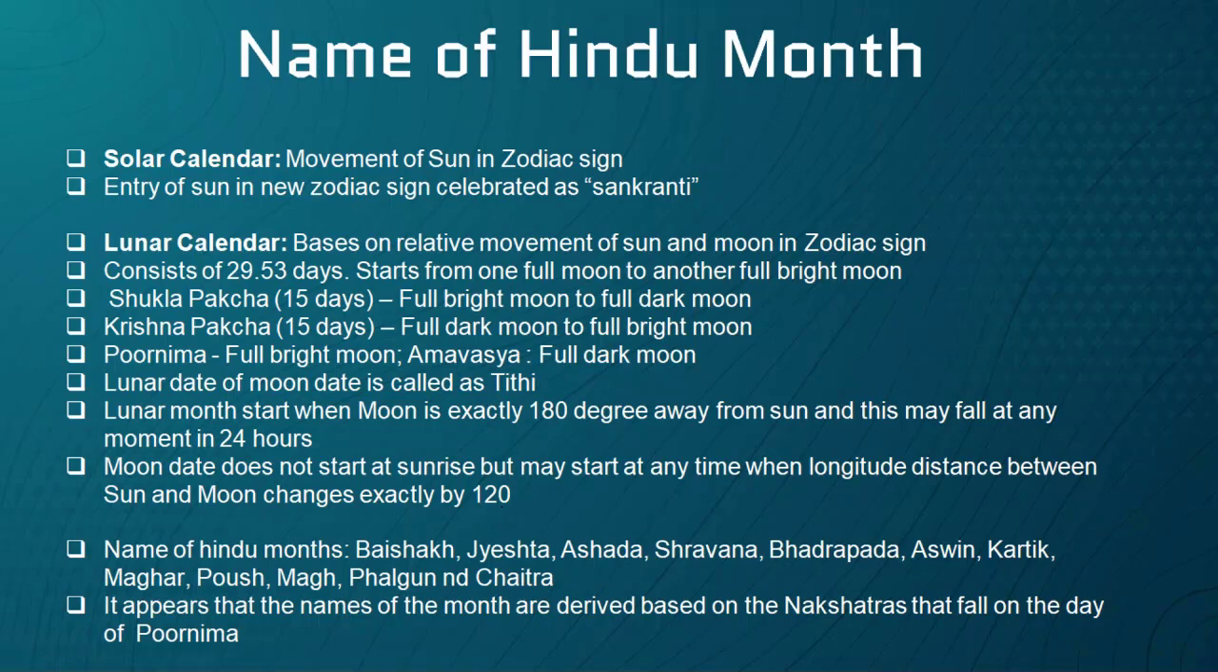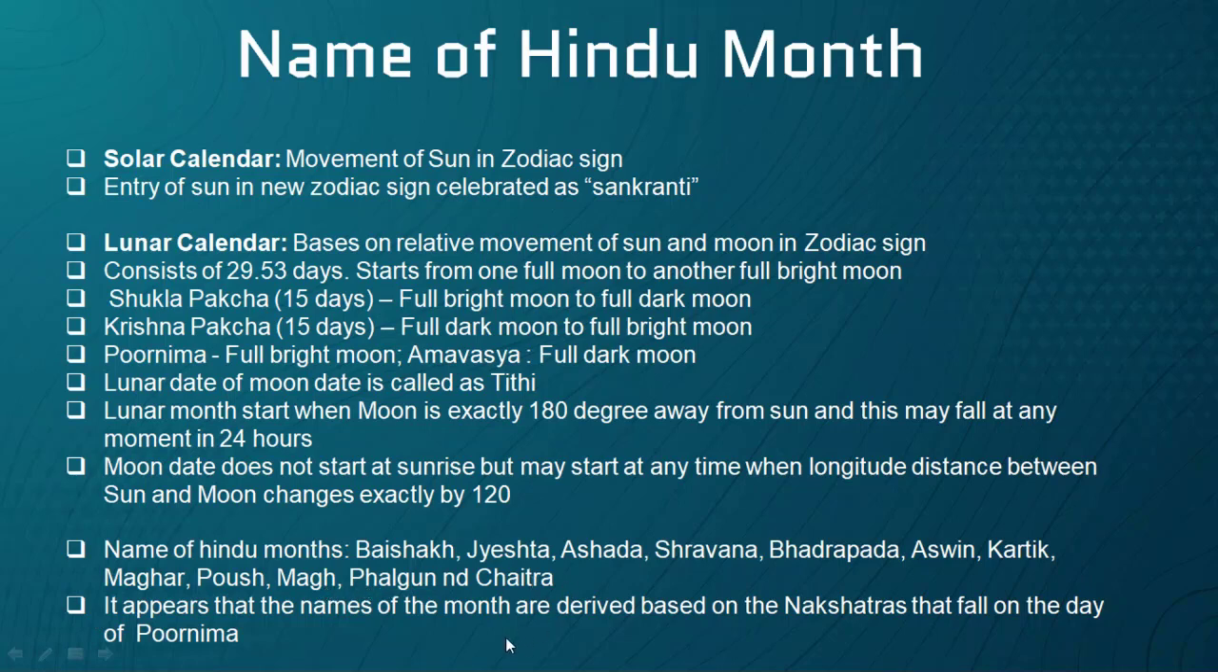Names of the Hindu months. Now you might know that in Hindu calendar we similarly have 12 months, but the names are different. They are called Vaishak, Jyeshtha, Ashada, Shravan, Bhadrapada, Ashwin, Kartik, Magha, Pusha, Magh, Faguni, and